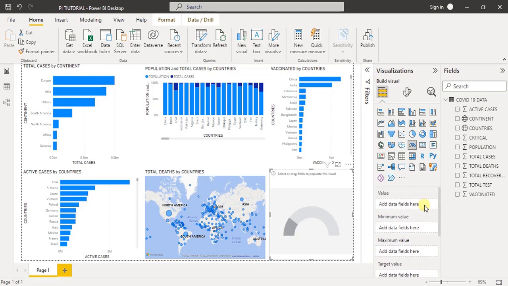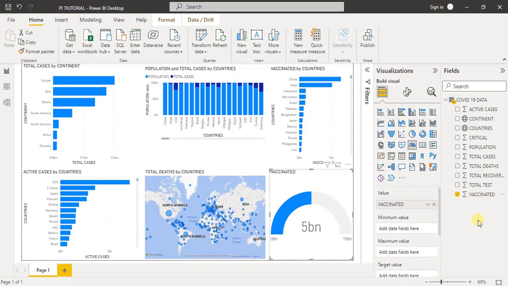For the value, we want to know the total vaccinated compared to the population of each country. So vaccinated will be our value, then total cases